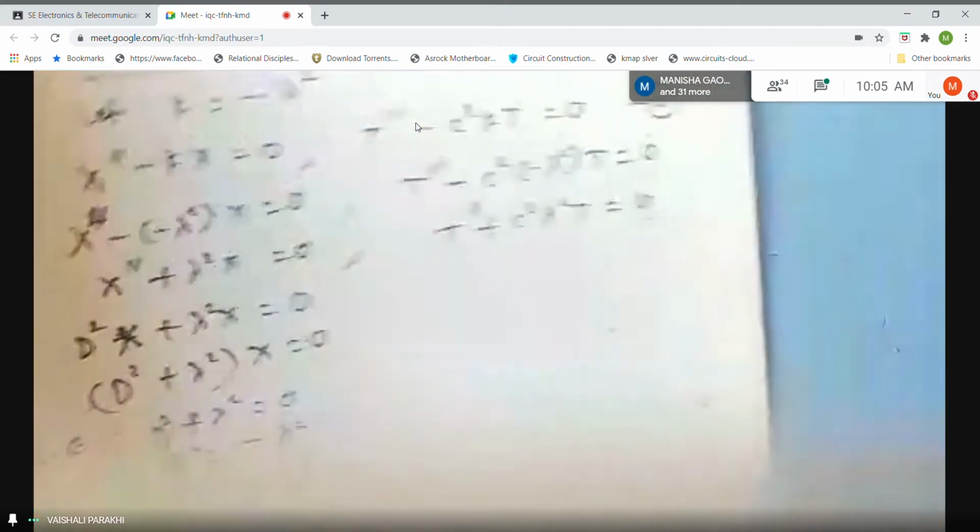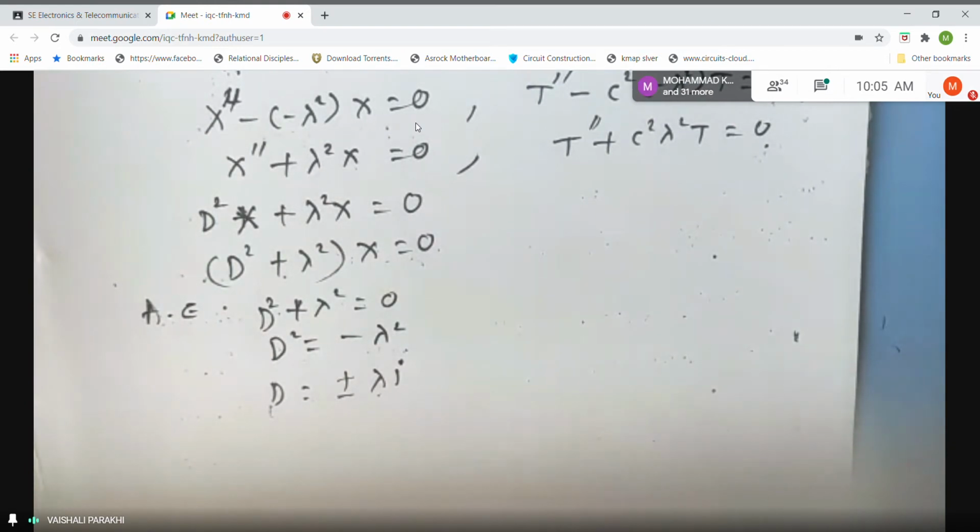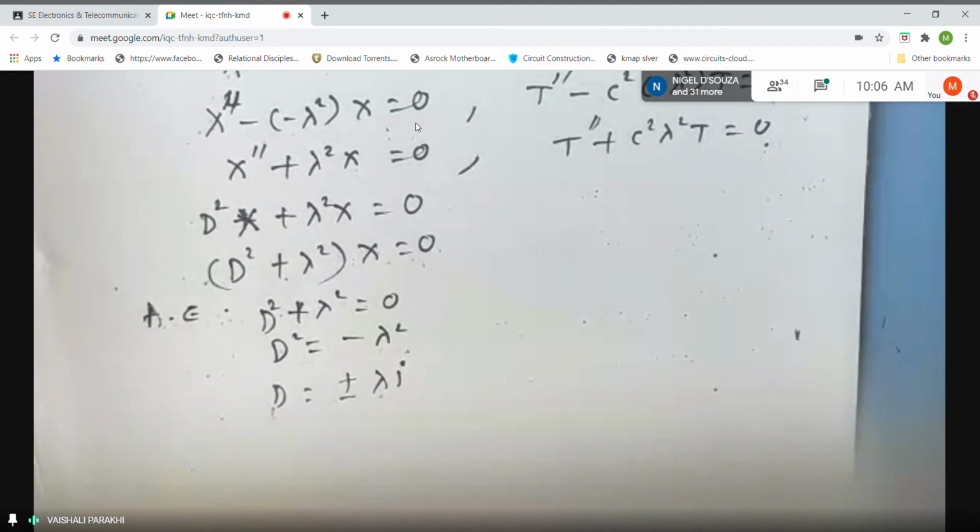Okay. What will be the root of minus 16? It will be plus or minus 4i. What will be the root of minus 9? It will be plus or minus 3i. What will be the root of just 9? It will be plus or minus 3, because there is no negative sign under the root.